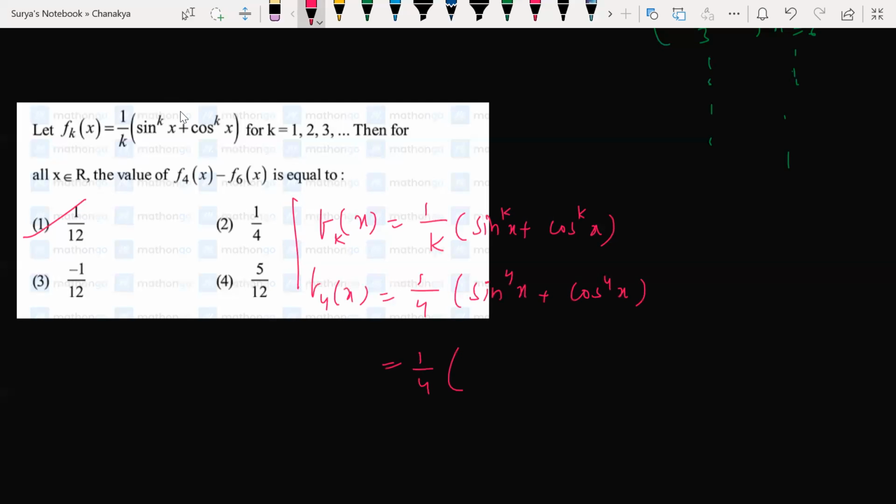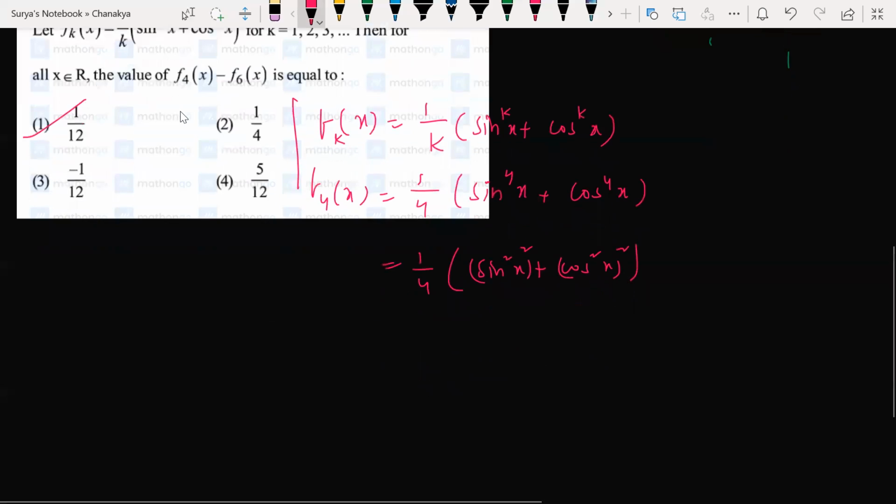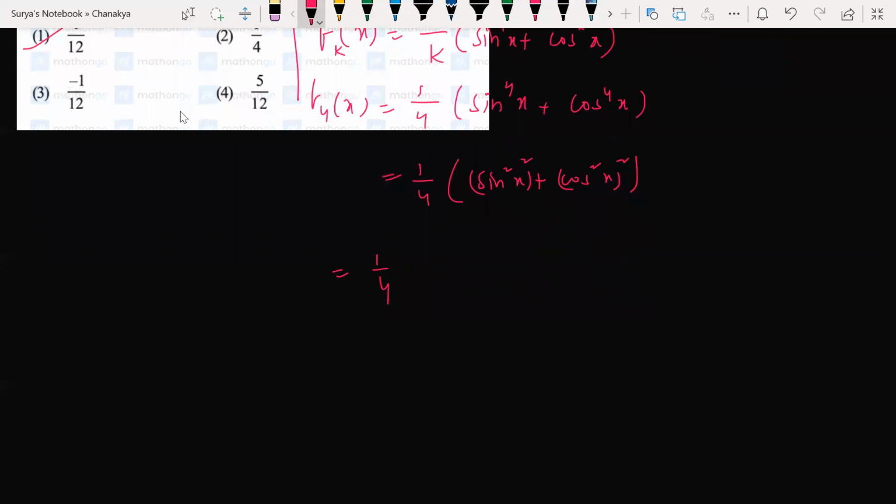So 1/4. This can be written as (sin square x) whole square plus (cos square x) whole square. Very good. Now this can be written using the a square plus b square formula, as (a plus b) whole square minus 2ab. Sin square x plus cos square x is equal to 1, and we have sin square x whole square, so 1/4 of (sin square x plus cos square x) whole square